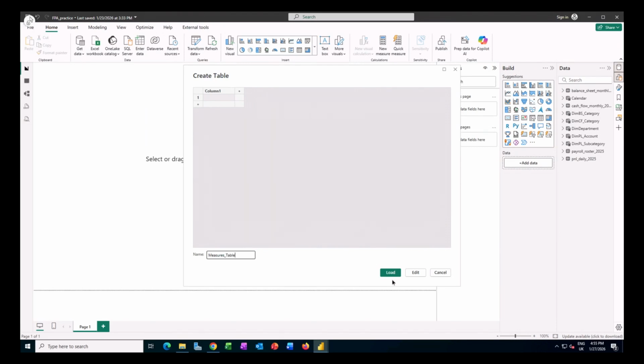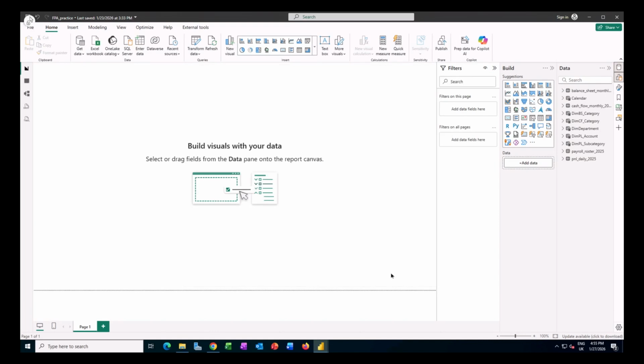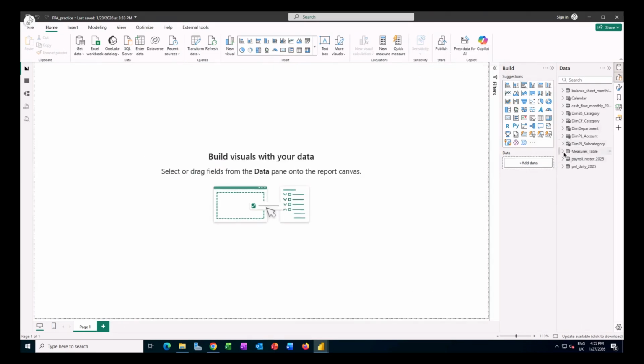Table. Click Load, and then on your right side, you should see a measures table appearing. There you go, after you click on that load button. So that's the place where we're going to hold our measures. And in order for us to create the first measure, we just have to right click on that measures table, and then click New measure here. Okay. And once you do that,